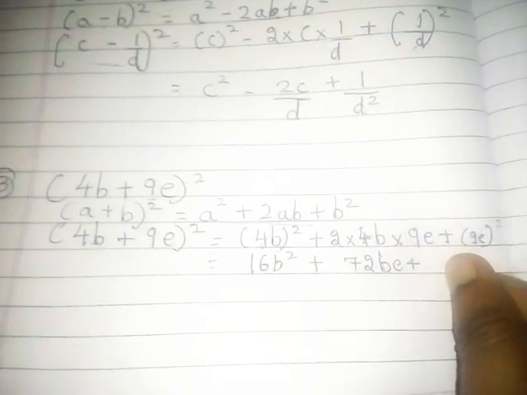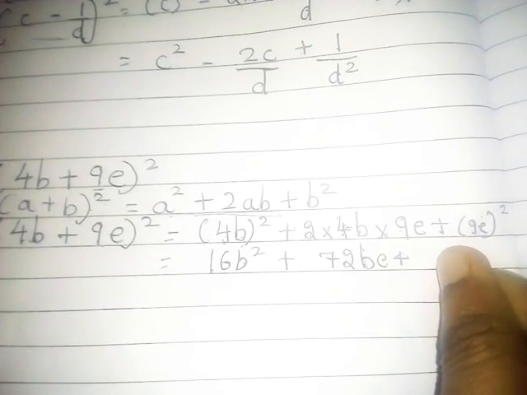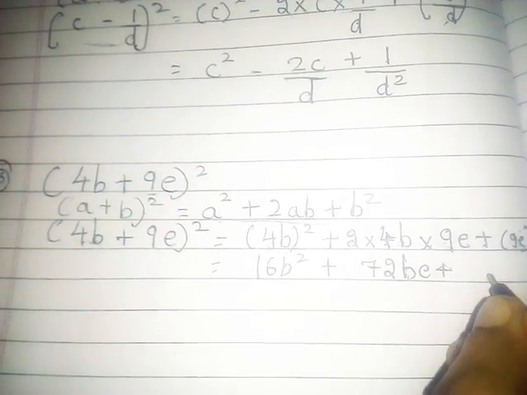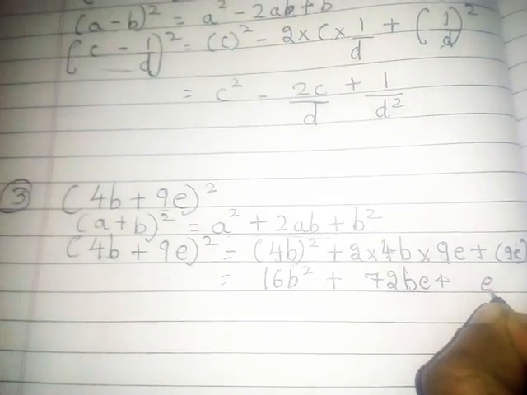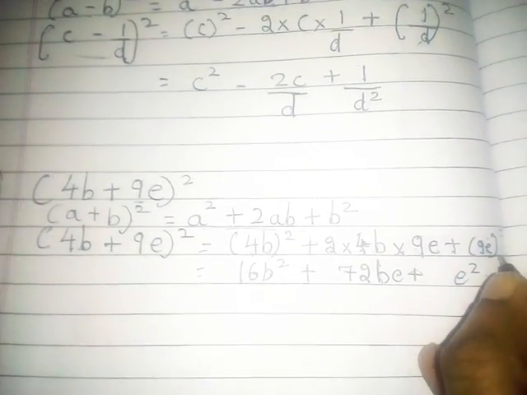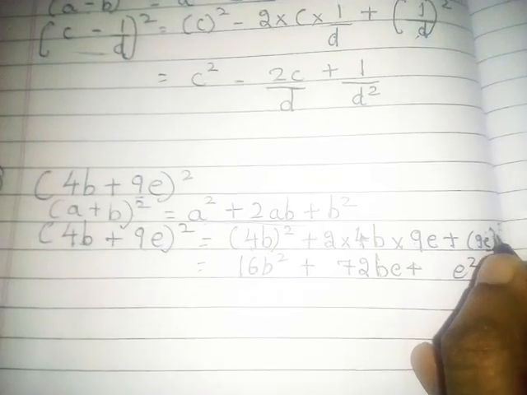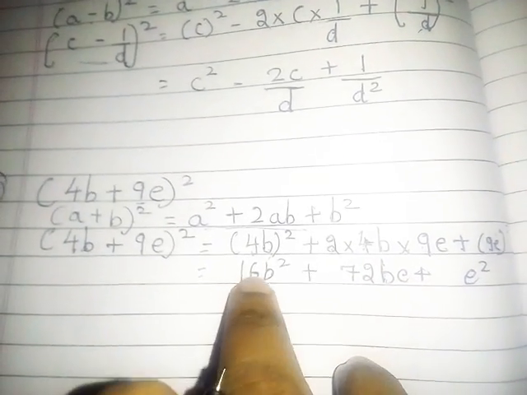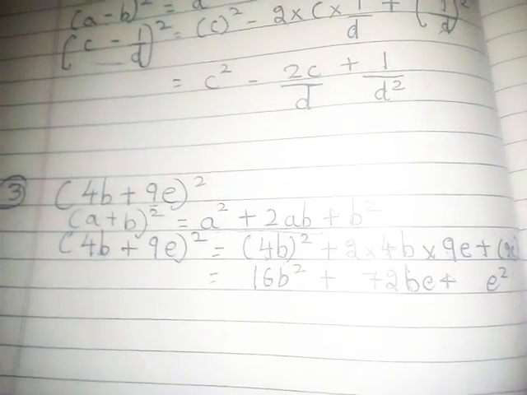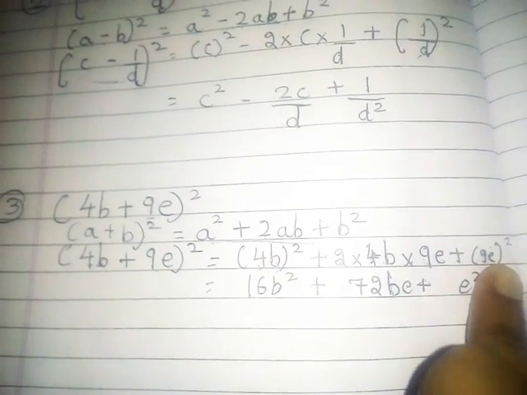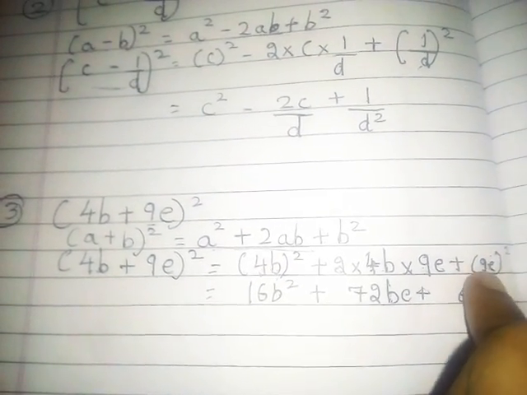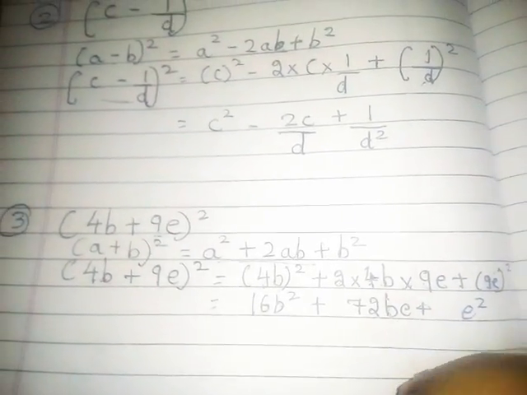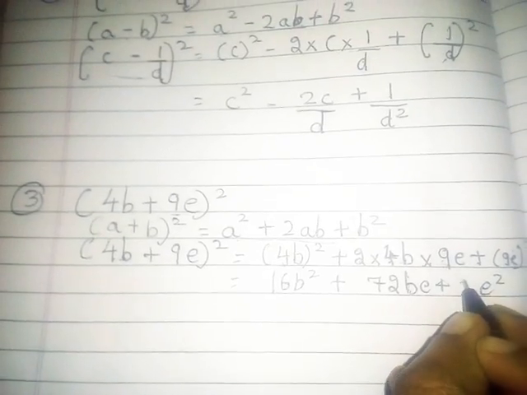You can't see it clearly here. Square of the variable, write as it is. E square will remain same. 9 square is 9 9s are 81. In the A square here, 4B square, how I solved? Square of the variable here also you have to write same. E square will remain same. 9 square means 9 into 9. 9 9s are 81.